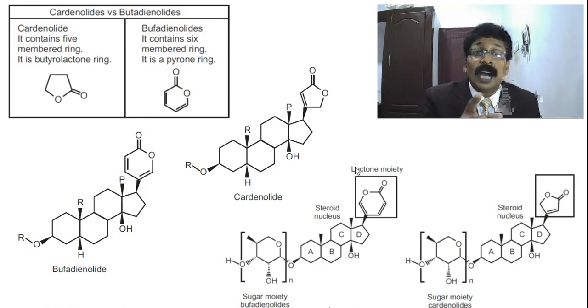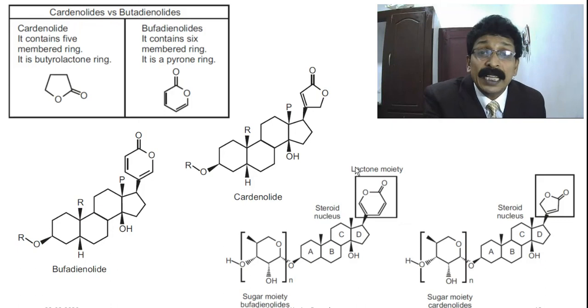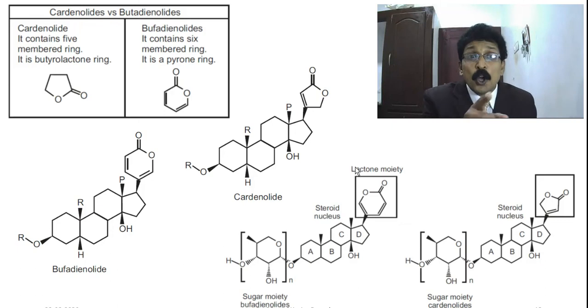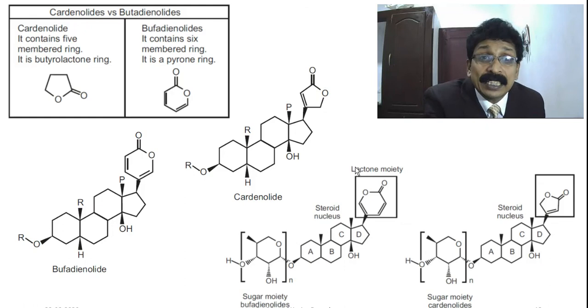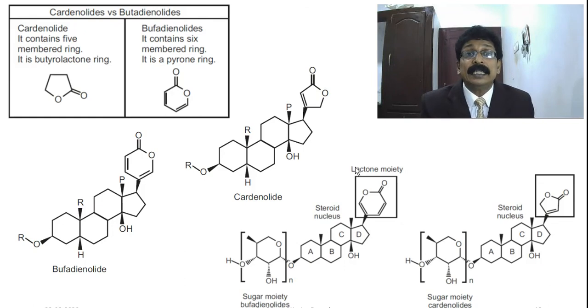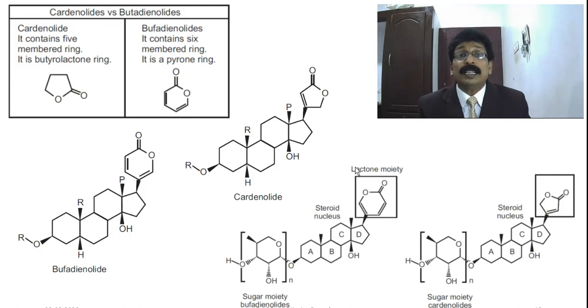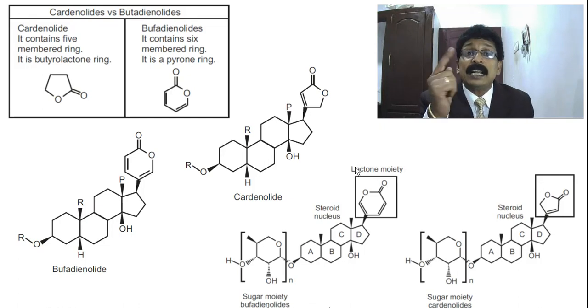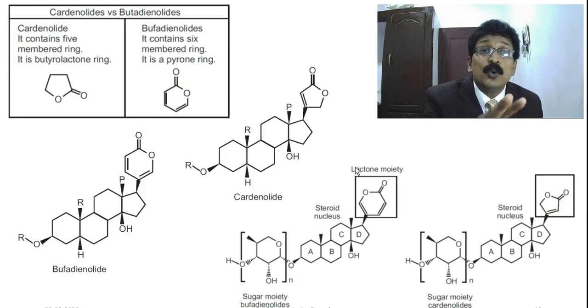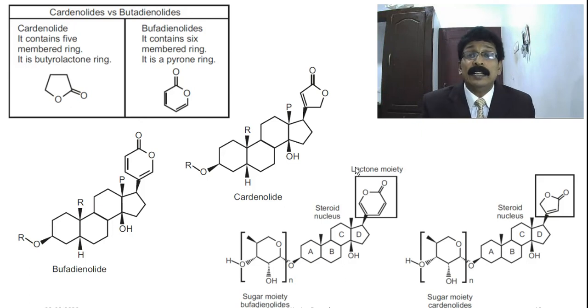And so you can see how it is formed. In the 17th position of the cyclopentanone ring structure, you can see that steroidal ring structure in the bufadienolides. There it is attached to that 6-membered ring structure, that is called bufadienolide. And cardenolide, you see, it is having a 5-membered ring structure with one double bond inside, and here two double bonds are present in the six-membered ring structure. And you can see here the two structures are also given.